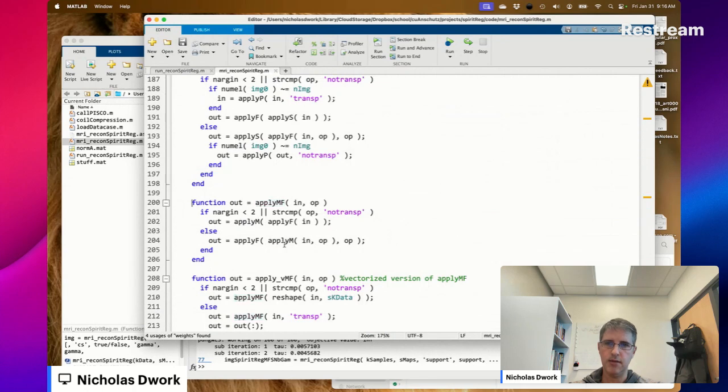That is the diagonal operation MF, because F applies, if it's vectorized across the coil dimension. Okay.